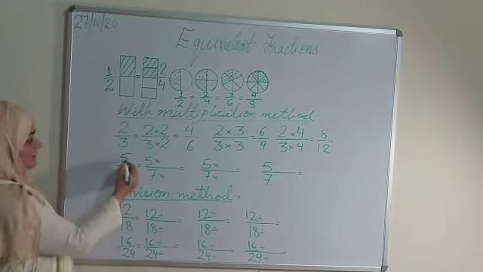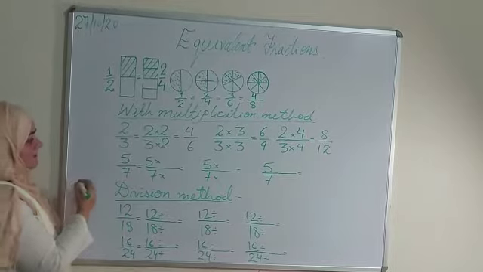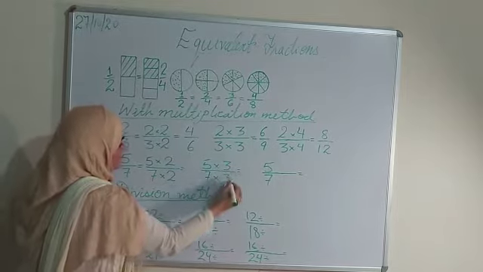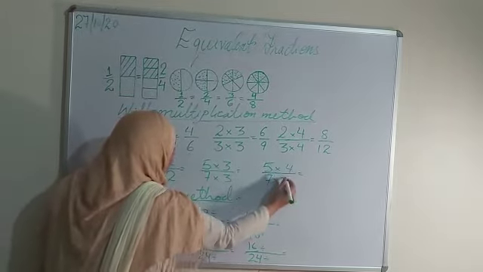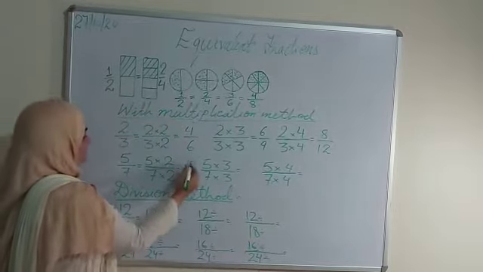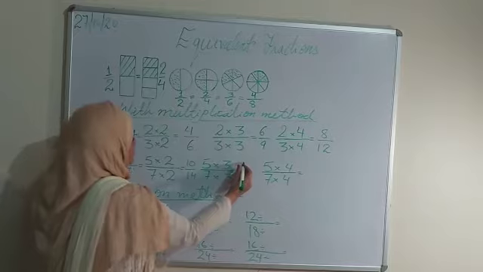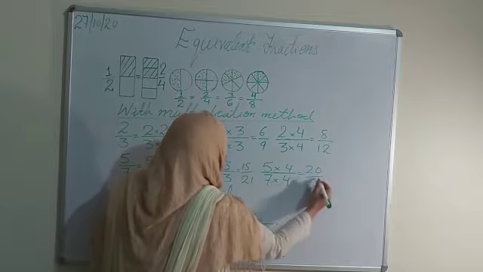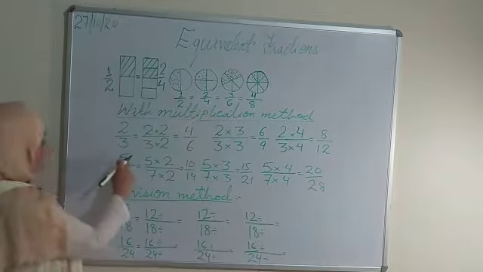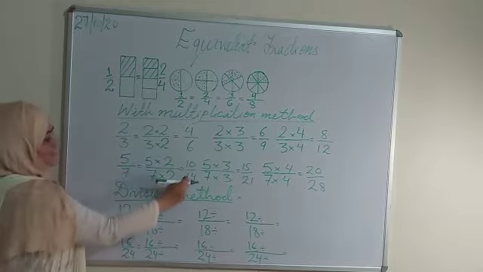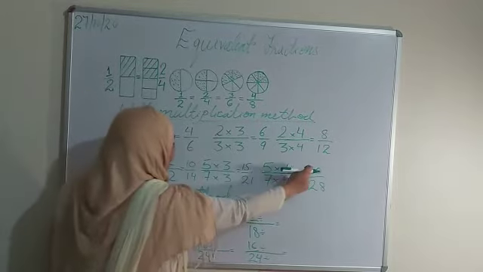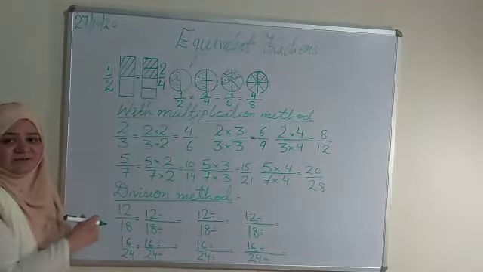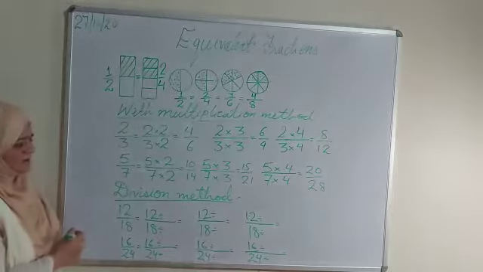All are equal. Again, going to the next example, 5 upon 7, you can multiply both the numbers by 2, both by 3, and at both the places by 4. What will we get? 5 2s are 10, 7 2s are 14. 5 3s are 15, 7 3s are 21. 5 4s are 20, 7 4s are 28. So you can see that 5 upon 7 is equal to 10 upon 14 is equal to 15 upon 21. You can write innumerable equivalent fractions by multiplying by various numbers, because we know that numbers are non-ending.